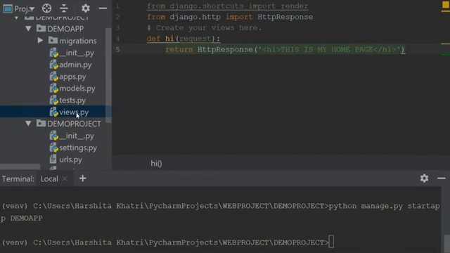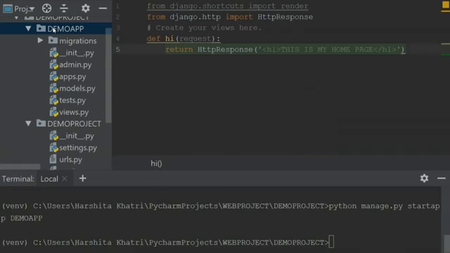Okay, now I've created views for my project, but I will not be able to connect this file to the urls.py which is present in the demo project. To connect views.py to the urls.py, I'll have to create another urls.py within the demoapp directory and connect that urls.py to the urls.py which is present in the demo project. Don't get confused, guys. I'll be doing it over here and the video will be available after this. In case you have any doubts, you can go through it again.